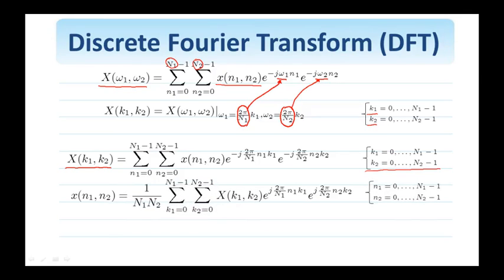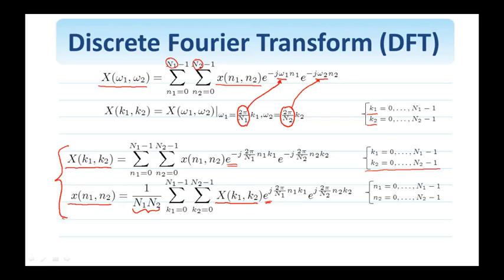The inverse Fourier transform shown here takes me from the discrete frequency domain back to the discrete spatial domain. Algorithmically it has the same structure as the forward transform, the only difference being that here I have e to the plus j, the exponential, while here it is e to the minus j, and I also have this normalization factor in the front. So this here is the discrete Fourier transform pair